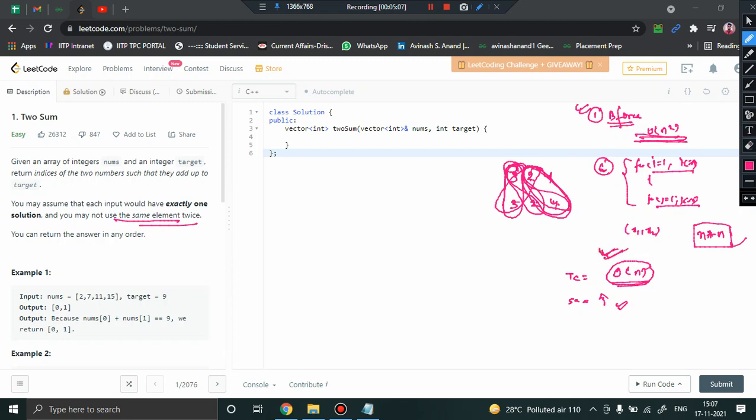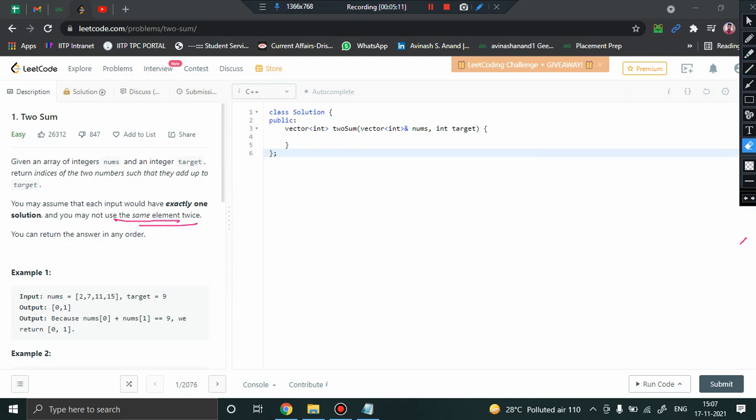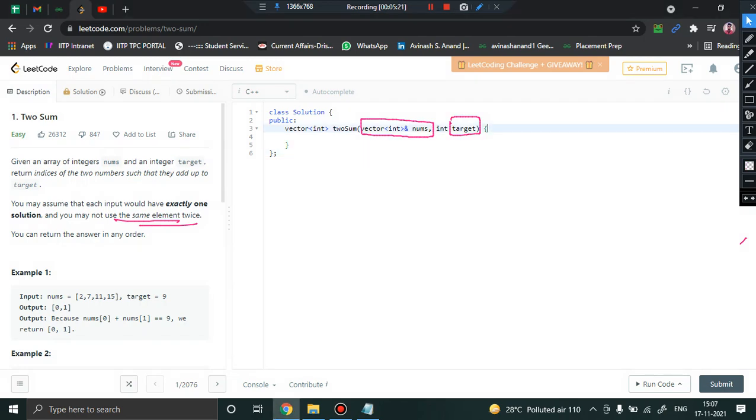Fine. How do we solve that particular problem? In order to solve the problem in order of n, first of all, let us see what is basically given. We are provided with a vector of integers, nums, and a target value. Fine. So let me just declare a variable integer n. Alright, so what will n do?